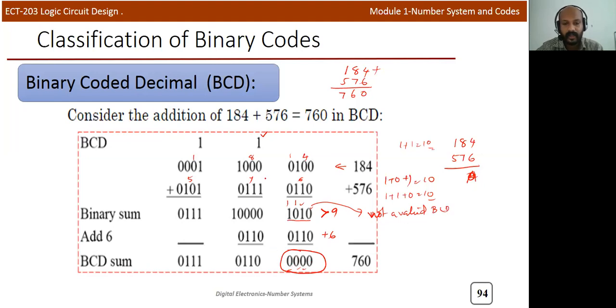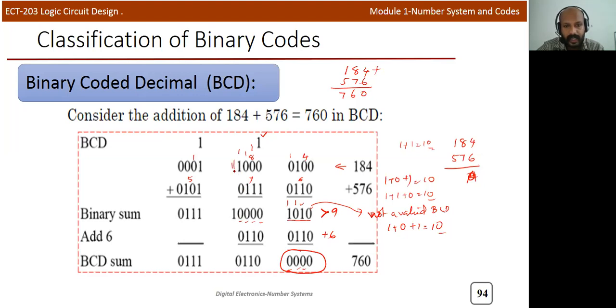So we'll get 0 here. Now we will take the next 4 bit, so 1000 and 011. Already there is a carry from the previous addition, so we'll consider that. 1 plus 0 plus 1, we'll get 10, so 0 we will write here. Again there is a carry. 1 plus 0 plus 1, 1 0. Again there is a carry. 1 plus 0 plus 1, again 1 0. There is a carry. So again there is a 1. 1 plus 1 plus 0, again 1 0, and there is a carry.